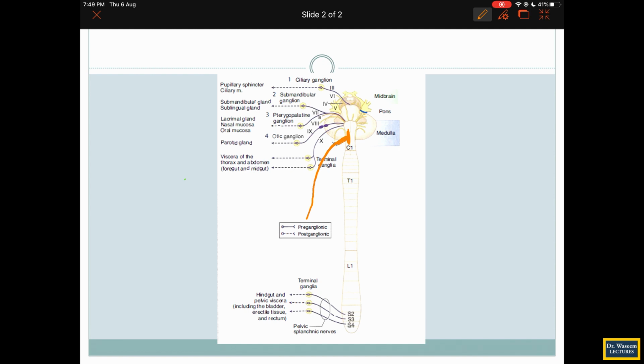And preganglionic fibers are now running along with the vagus, though the vagus contains a lot of other fibers also, but here we focus on preganglionic parasympathetic fibers. The vagus, a very famous parasympathetic nerve, leaves the base of the skull, comes into the neck, continues its course through the thoracic inlet, enters the mediastinum, and in the mediastinum it now hands over some of its preganglionic fibers